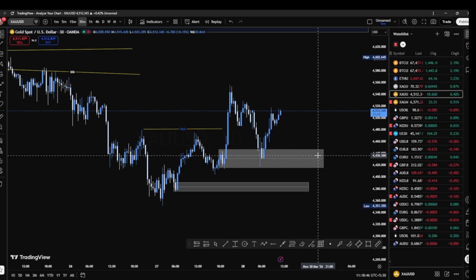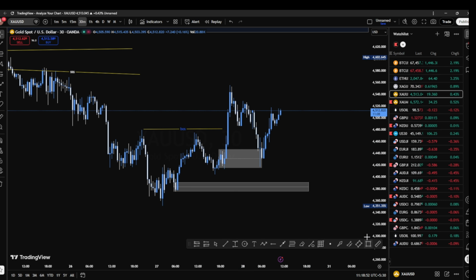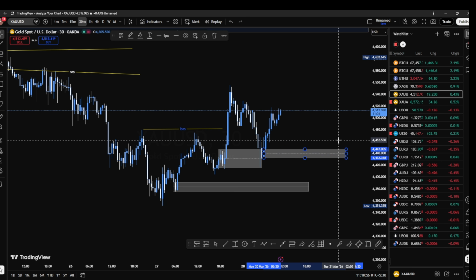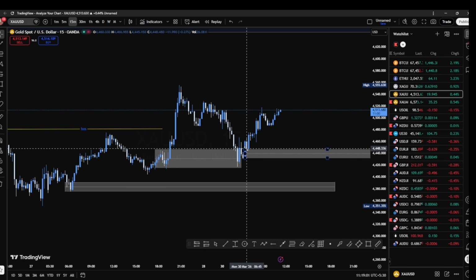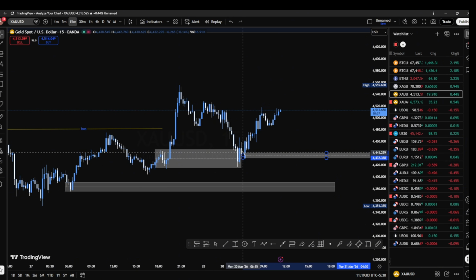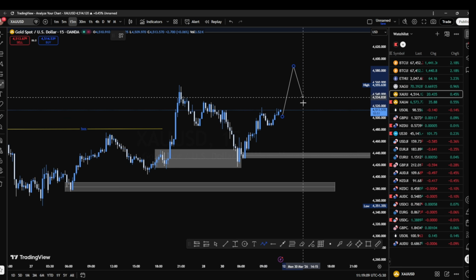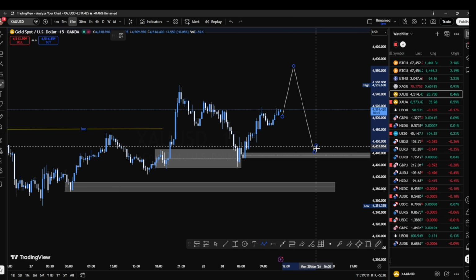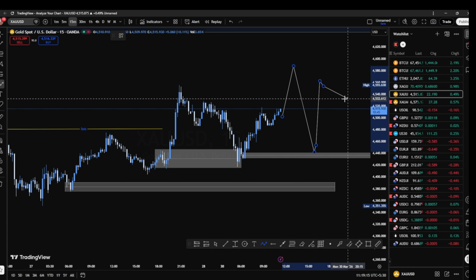The market went upside from this level, so you can see this demand zone is not valid right now. This is the current demand level, the recent demand level. If the market goes like this and comes here, doing some retracement in the shorter time frame, then we're definitely going to buy. But what we can see now,